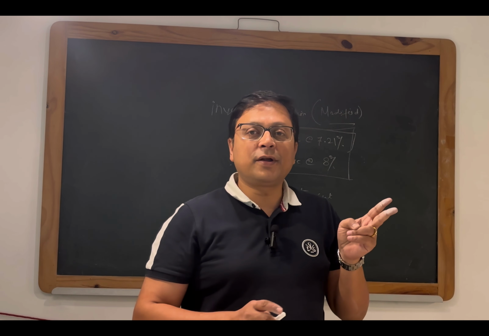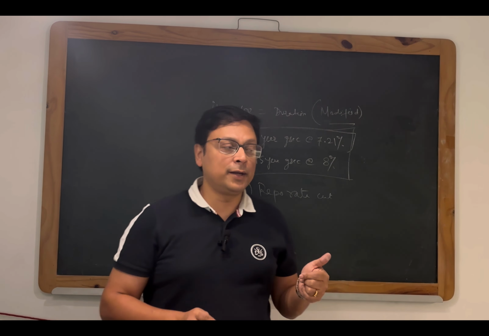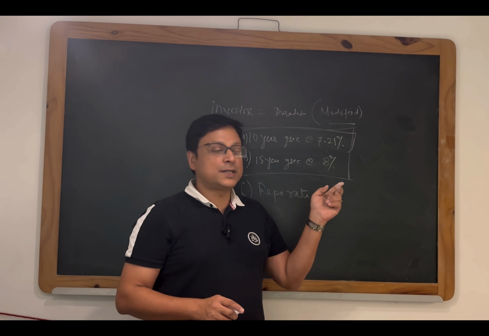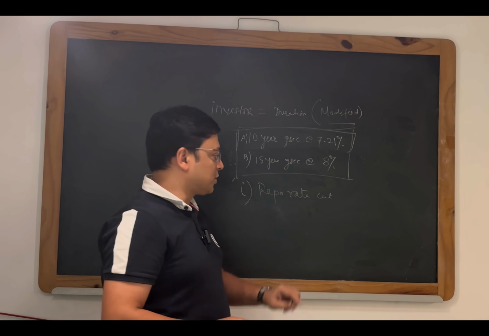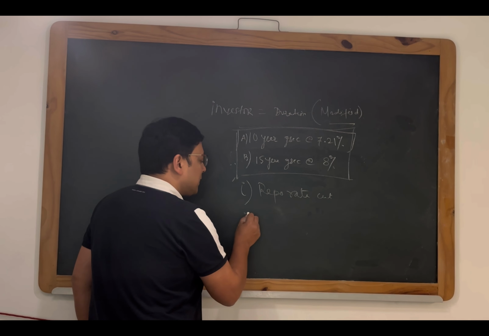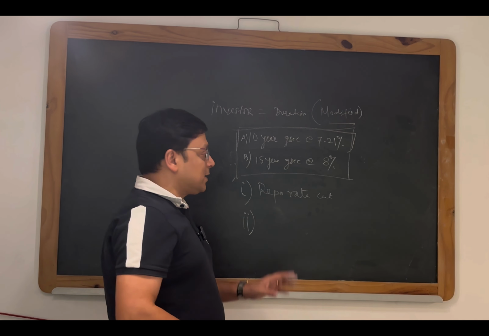There are two bonds in front of you. One is a 10-year trading at 7.21. The second is a 15-year trading at 8%. And you are expecting a repo rate cut. Which one would you select? So that's question 1. Second scenario, we are expecting a repo rate